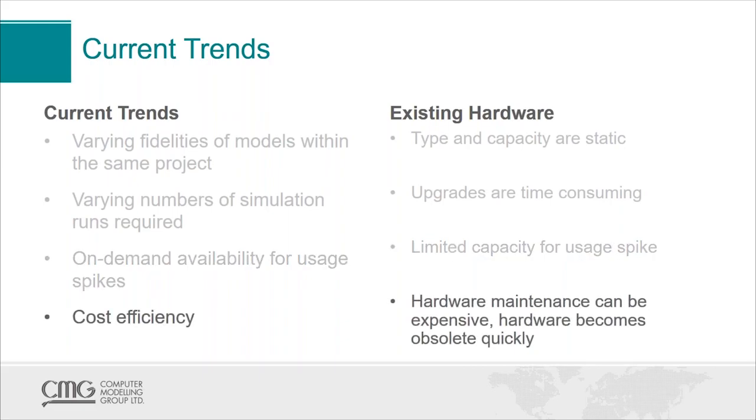What about cost efficiency? We know that hardware and maintenance are expensive. And on top of that, the hardware becomes obsolete very quickly. So with all this money that you're paying to maintain the hardware, do you have access to the latest and greatest? Most likely not. So in general, what we see is that our work requirement is changing, it's dynamic, whereas our existing hardware is fixed, it's static, and it lacks the agility to adapt within a reasonable amount of time to what we need.